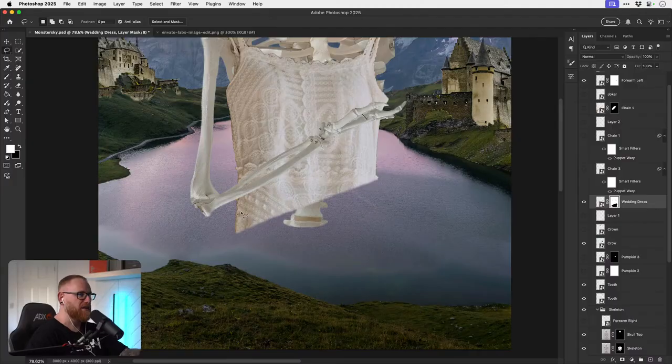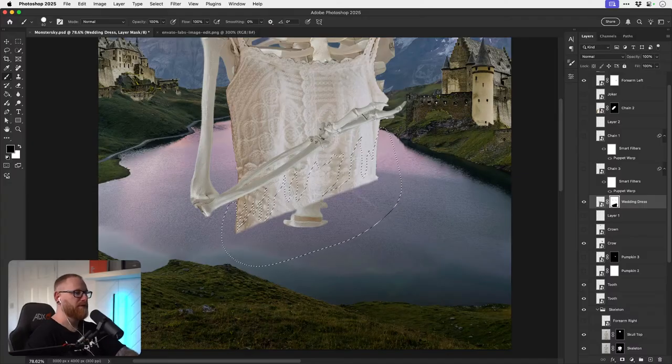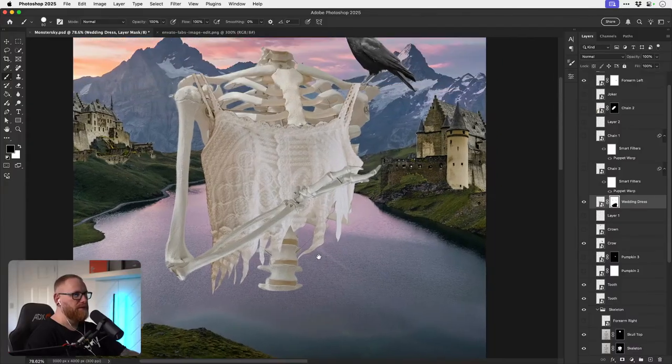We could actually even just use the lasso tool to do some of this. Let's see how this looks. Oh yeah, that's all right.